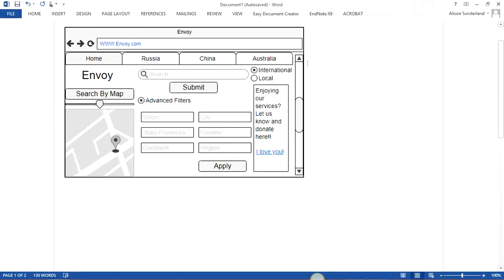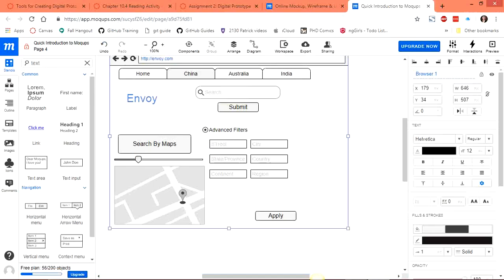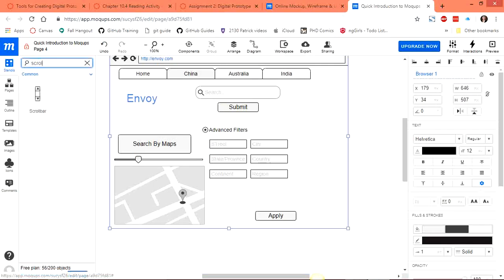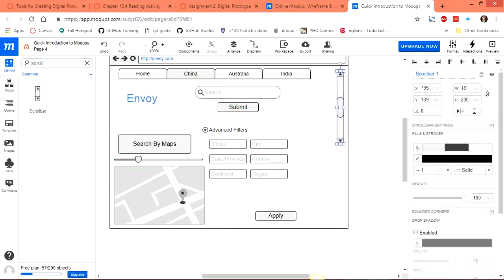So the next thing that I want to do is add, this is a text box as well, and then it looks like I have 2 radio buttons across the top, and then way over here on the far left hand side of the screen I have that scroll bar that I had mentioned earlier. So let's put our scroll bar in first, and then we will add the additional components. So I'm going to come up here and look for a scroll bar. When I find it, I am going to drag it and drop it way over here onto the far side